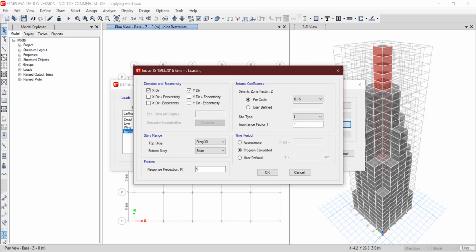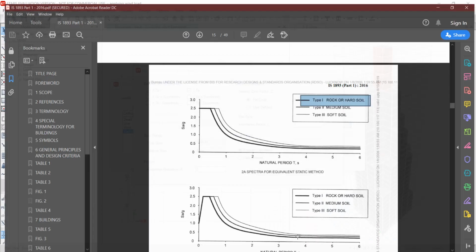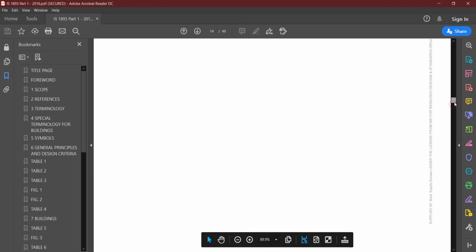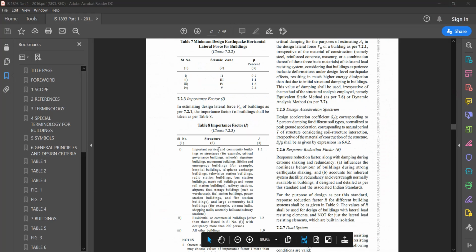And importance factor, for importance factor go to table 8. Here, residential and or commercial building with occupancy more than 200 people.